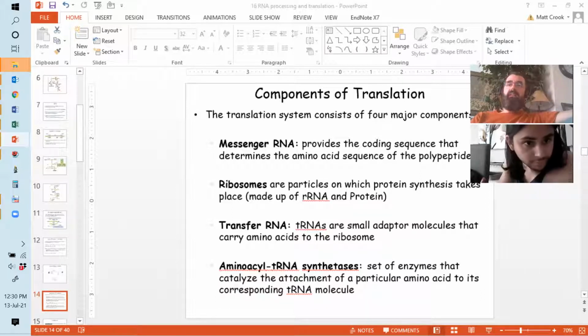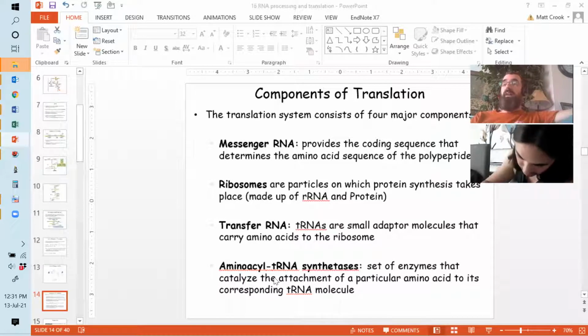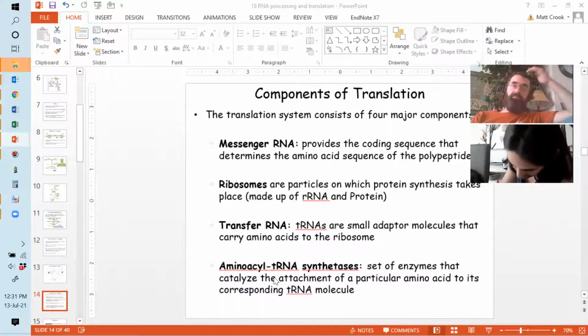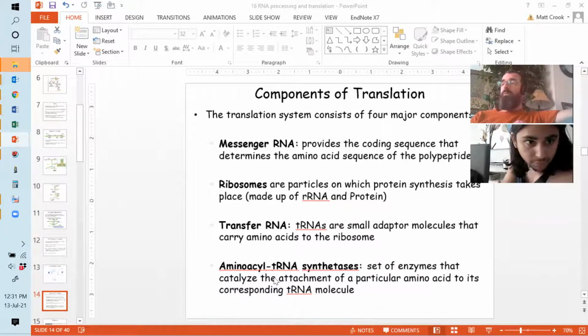That's catalyzed by enzymes called aminoacyl tRNA synthetases. Bit of a mouthful. Their job is to add the correct amino acid to the right tRNA. When people think about translation, they forget that these are a really critical part, because if you don't have charged tRNAs, and that's also a good term to put up,